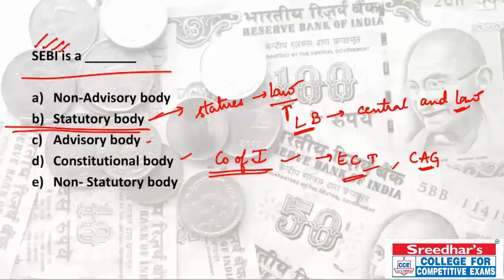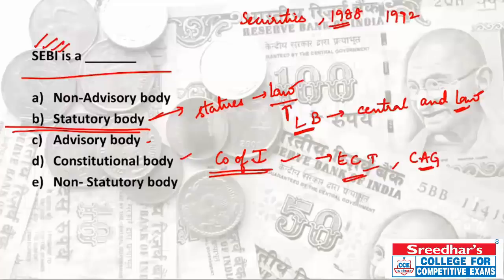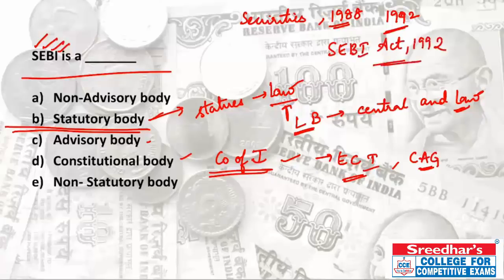The Securities Exchange Board of India is a statutory body as it came into existence with a statute. SEBI is the regulator for the securities market in India. It was established in the year 1988 and given statutory powers on April 12th, 1992, through the SEBI Act 1992. It was officially established by the Government of India in 1988 and given statutory powers in 1992, being passed by the Indian Parliament. SEBI has its headquarters in Mumbai and offices all over India.